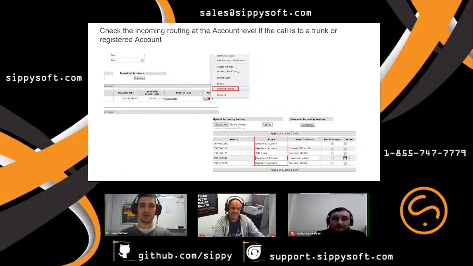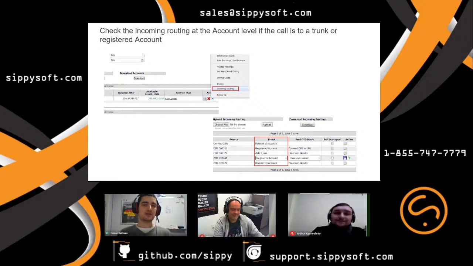Check the incoming routing at the account level, whether the call is to a trunk or a registered account. First of all, you need to go to the account webpage. As you can see on the screenshot, opposite each account, you will find a drop-down menu on the right side of the screen.